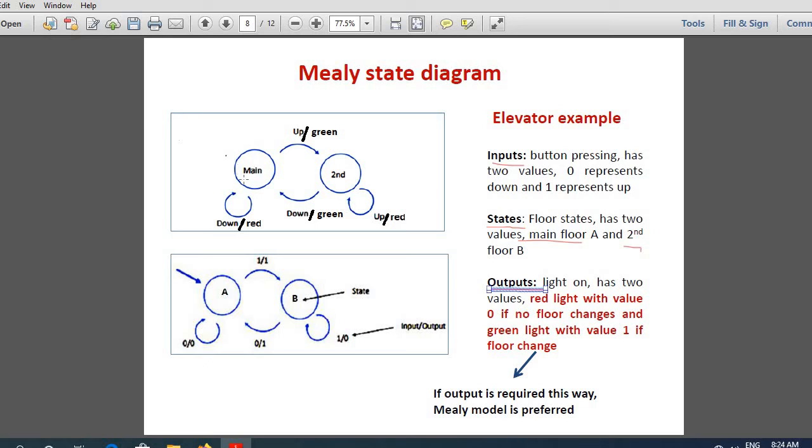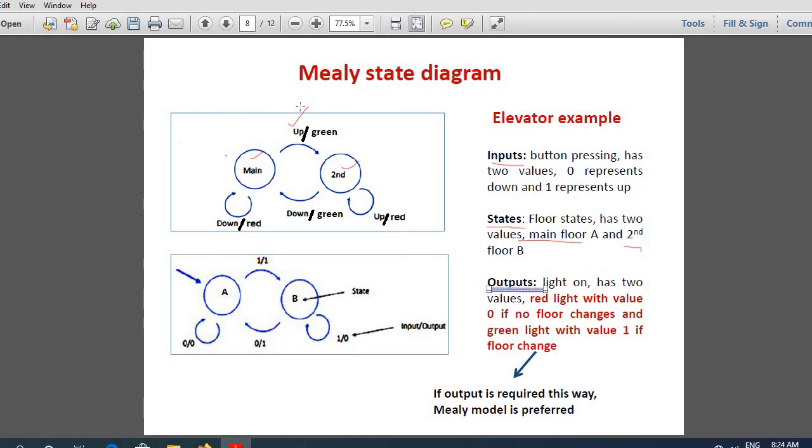So I have 2 states. One is the main state, the ground floor, and one is the second floor. If I am on my ground floor and the input button is pressed up, I will go to the second floor. And what is the output? This is an input output pair.